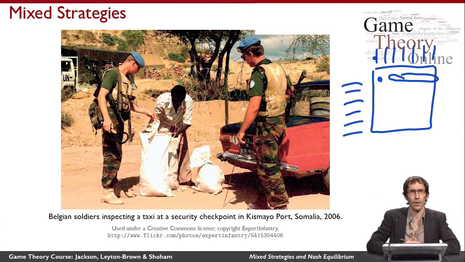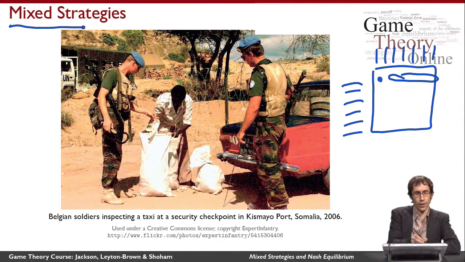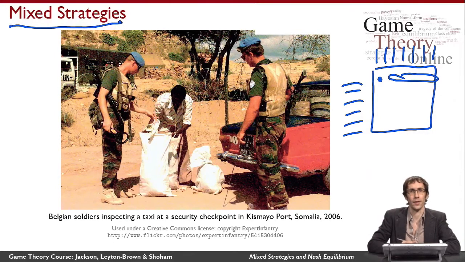So it must be that this is not really how checkpoints get set up. Indeed, what really happens is that the checkpoints are set up in a randomized way, so that even if the attackers watch for a while and figure out what the randomized strategy is, they're not able to know on a given hour where the checkpoints are going to be. And this means that the value of an attack is limited. So the Nash equilibrium of a game like this is going to involve the defender defending in a randomized way like this. And this kind of randomized strategy is called a mixed strategy. That's going to be the topic of the next sequence of videos.